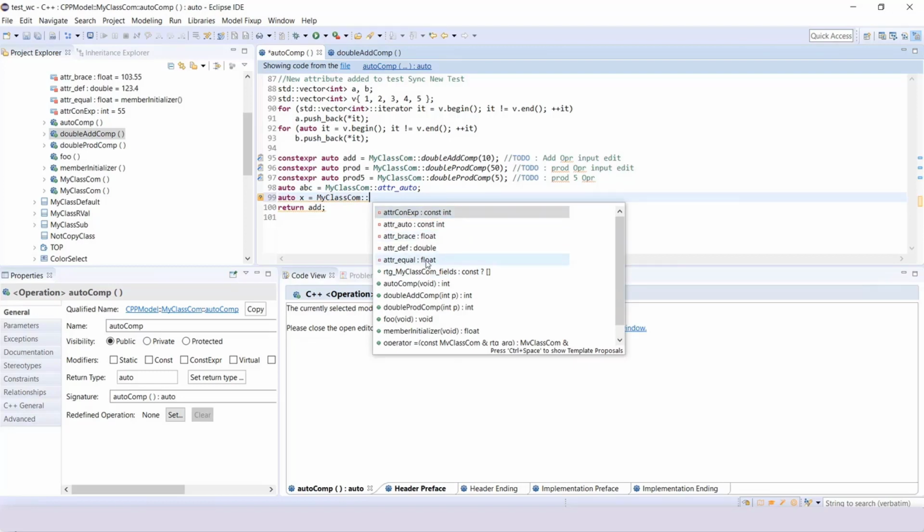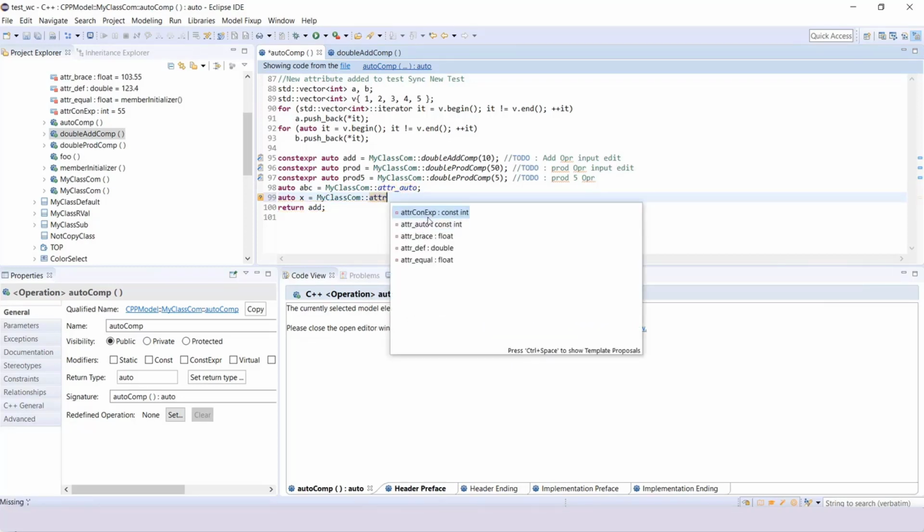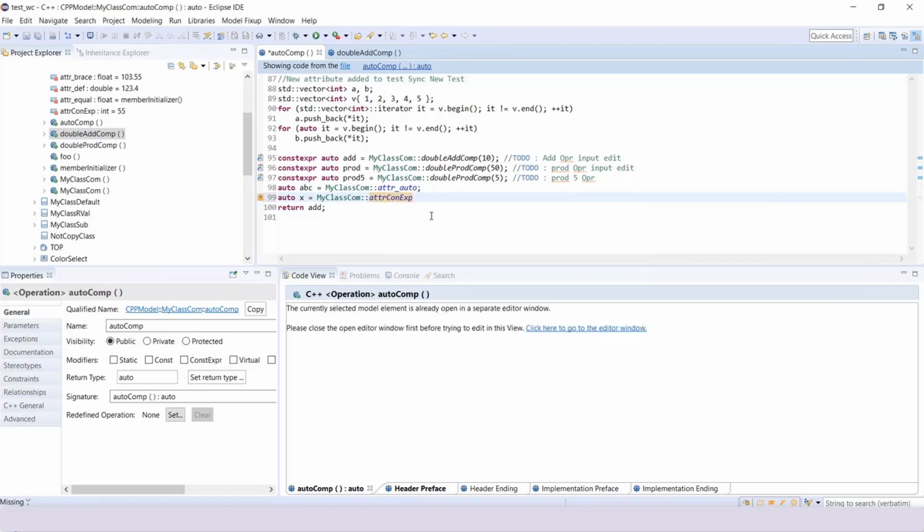Here I get all the recommendations of the attributes that I can use. For example, I use attr auto, then attr con expression, semicolon, and I save this. So these are the two advantages of using the code editor.